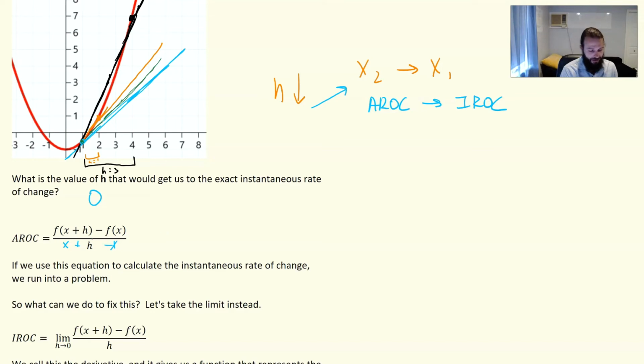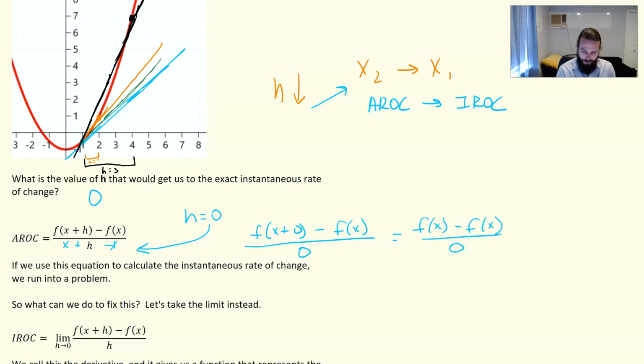So because we have this, if h is equal to 0, we're going to get just f of x plus 0 minus f of x all over 0, and we're going to get f of x minus f of x over 0, and we're just going to get 0 over 0. So that's not very helpful to us. So what can we do? Instead of actually putting in 0, why don't we take the limit as h approaches 0? Because in theory, as h decreases, the average rate of change is going to get closer to the instantaneous rate of change. So that means that as h approaches 0,